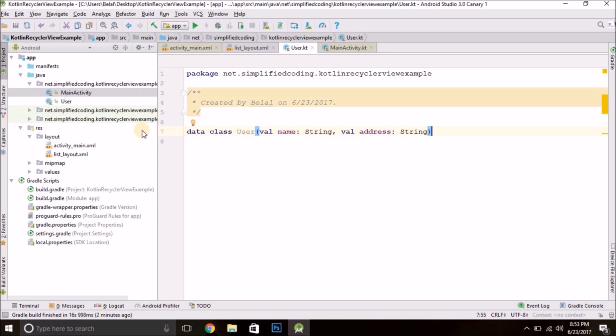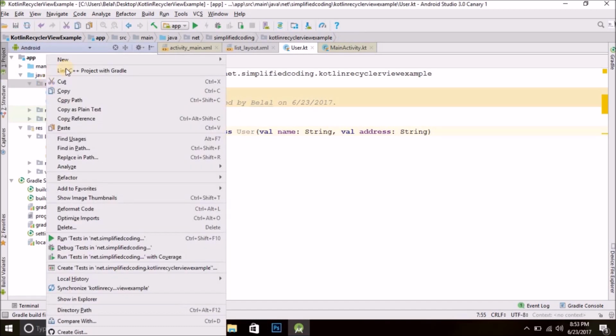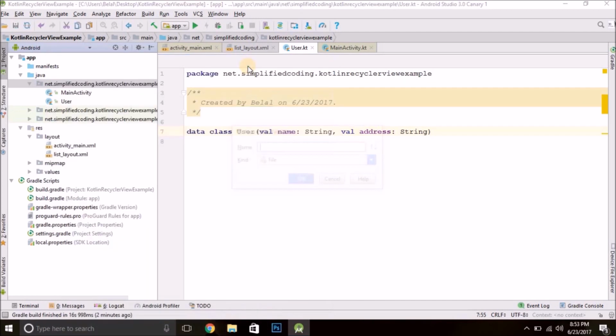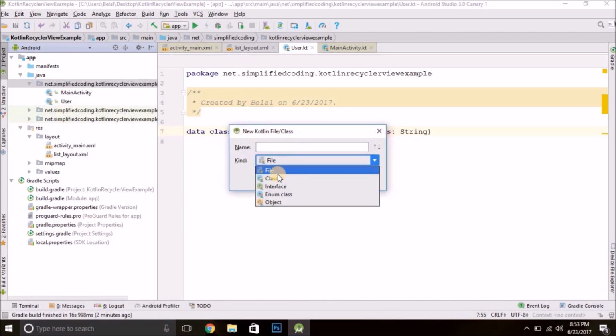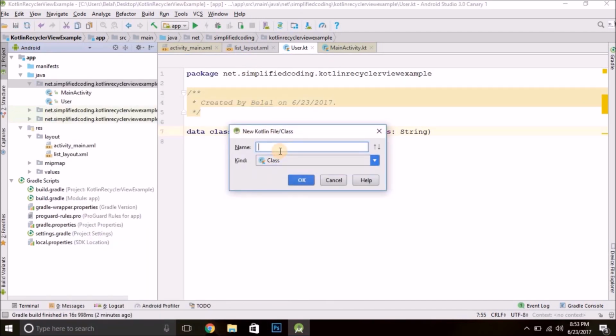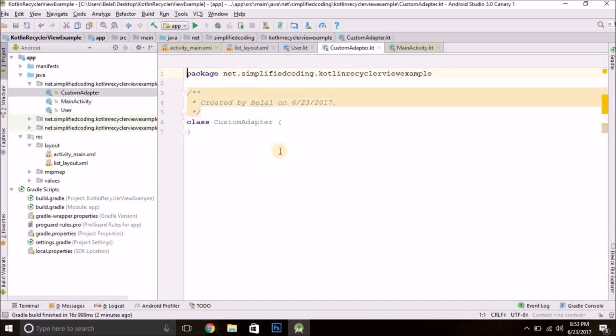Now we will create a recycler view adapter. So we will create a new Kotlin file class, select class and name it, let's say, custom adapter. Now we will pass the user list to this adapter.